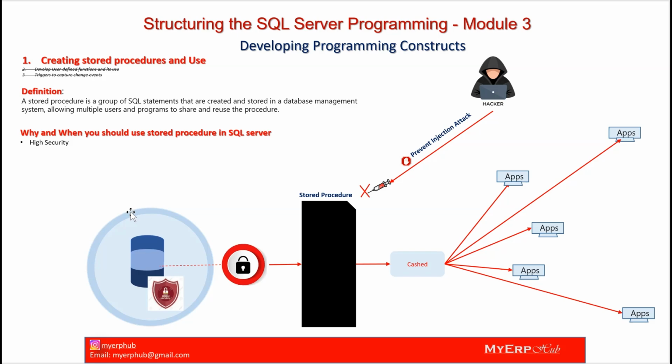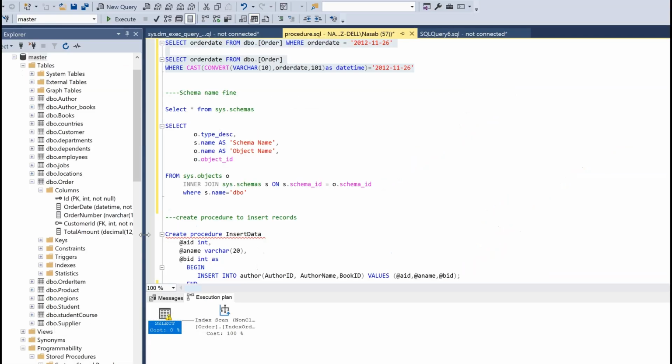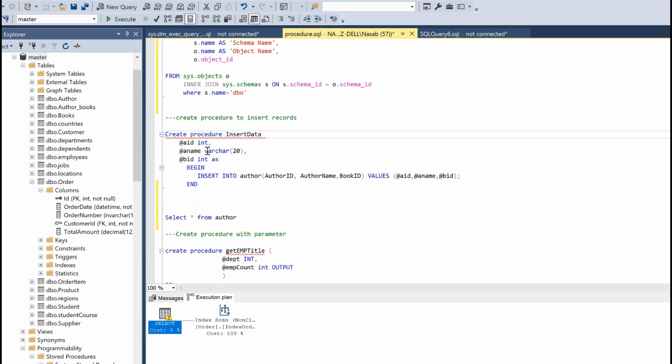My suggestion and my good practice is, even if I'm doing modification, if I'm doing insertion, keep on doing insertion in one table multiple times, or almost every day. What I'm doing is I'm creating the procedure, and in the procedure I'm just asking the user to give the data and just insert. It's simply the external way of doing it, like I created the procedure here, insert data,